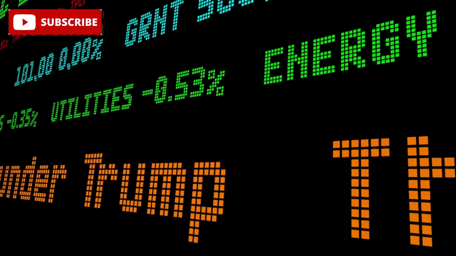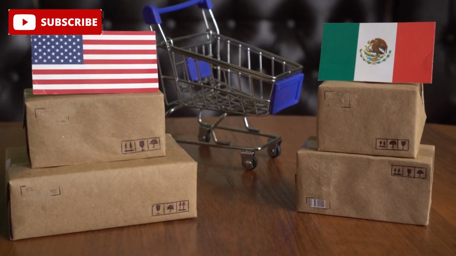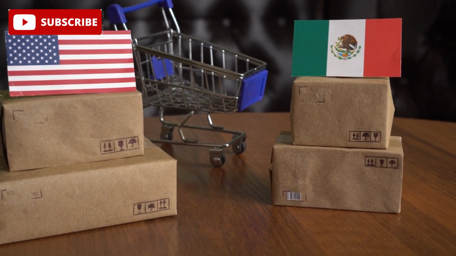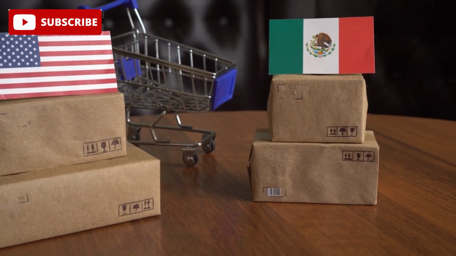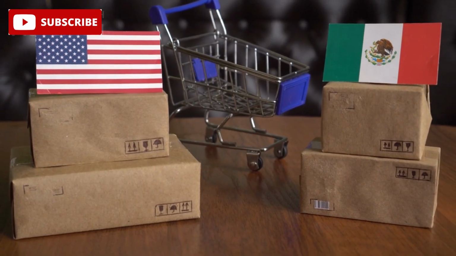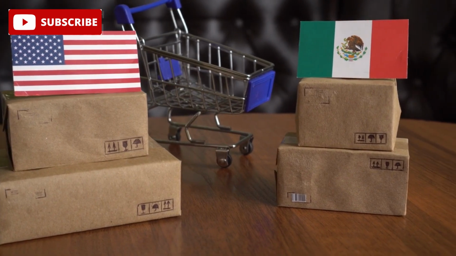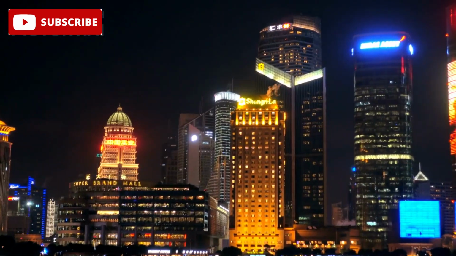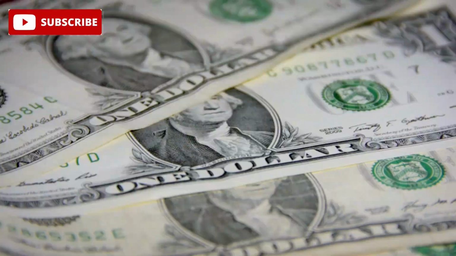dollar's global dominance. He threatened to impose 100% tariffs on these countries if they went ahead with plans to replace the dollar, emphasizing that such actions would trigger severe economic consequences, including restricted access to U.S. markets.